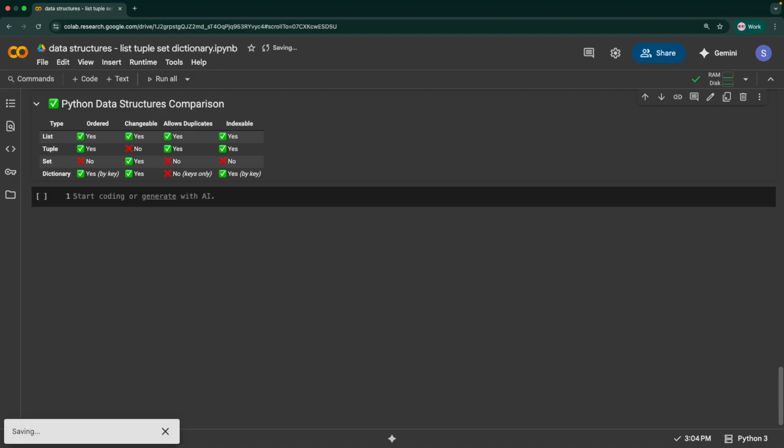So this is about the four data structures. Each one is suited for different types of tasks. As you code more, you will use all of these regularly. It's not like you always use a list or you always use a tuple. We would use all these data structures and convert from one to another depending upon the requirement. So that is about the four basic but main data structures that we have in Python.